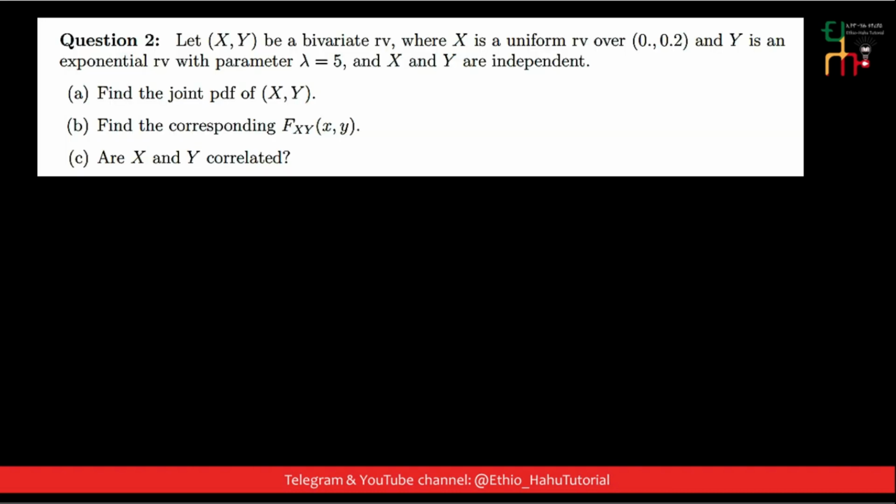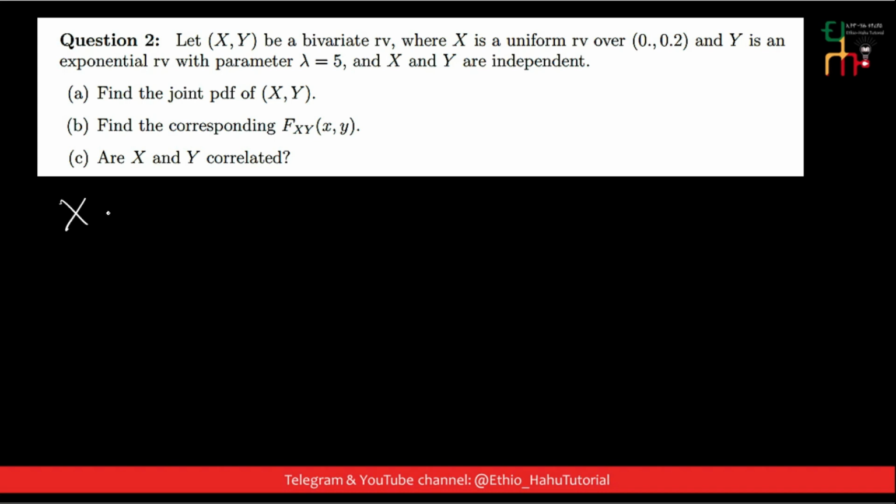When we come to the second question, ሁለተኛው question የሚለው ምንድነው? Let x, y be a bivariate random variable where x is a uniform random variable over 0, 0.2 and y is an exponential random variable with parameter lambda is equal to 5, and x and y are independent. x እና y independent ናቸው። x uniform ነው፣ y ደግሞ exponential random variable ነው። Find the joint probability density function of x and y ነው የሚለው።